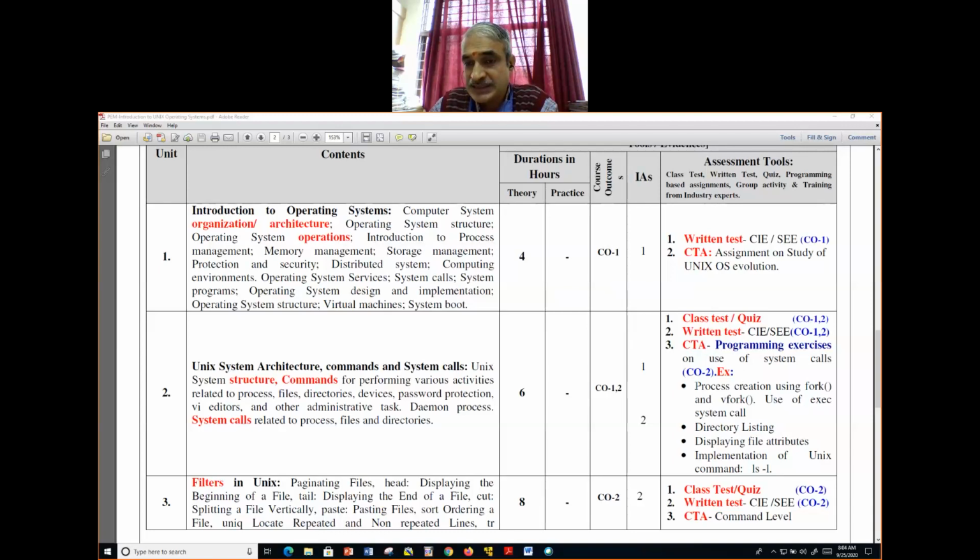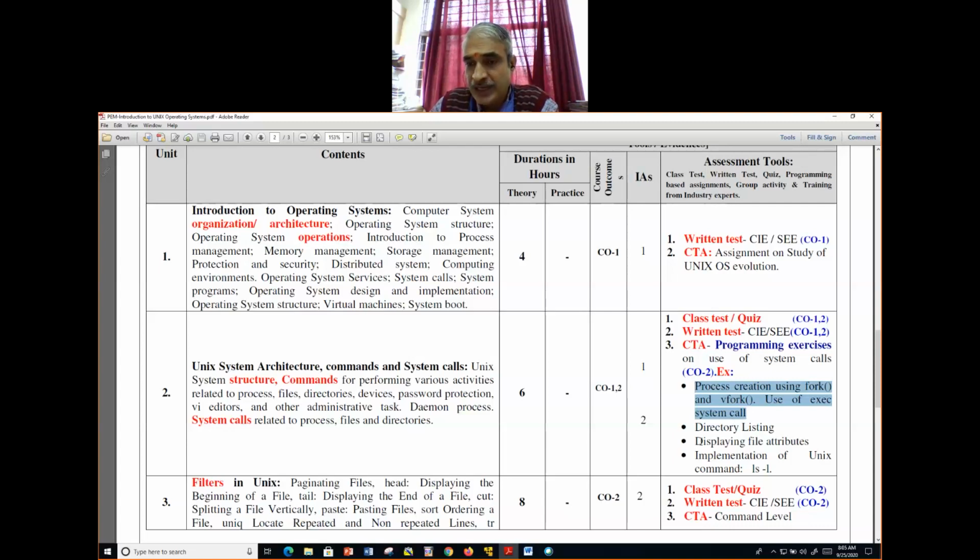The first one is about creating a process using fork and vfork, which you are already done. On top of that, you used the exec system call, which is required for vfork also. The difference between fork and vfork you understood, and it is already put into Google Classroom. You can go through those, you who remained absent. This is a very important thing.